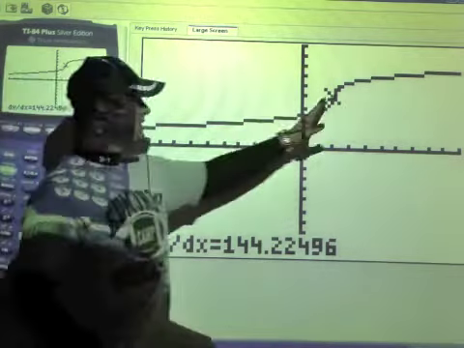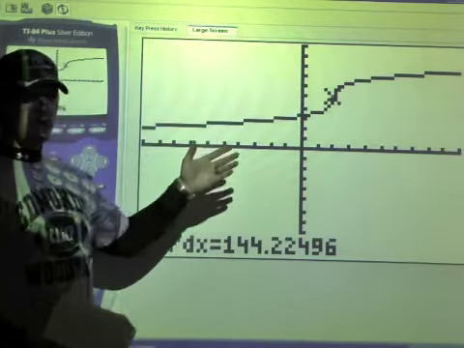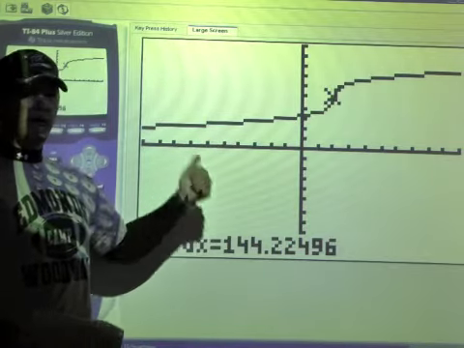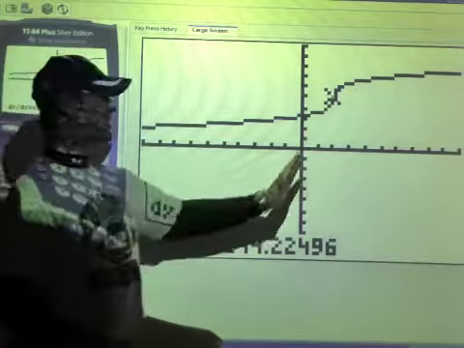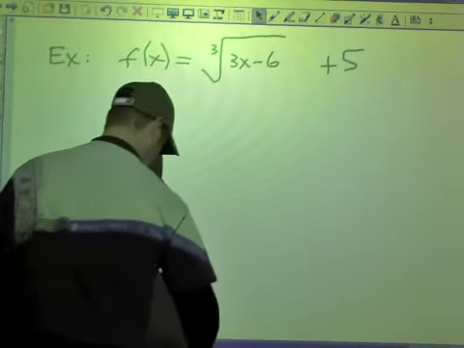But everywhere else in the graph, there's no issues. There's no discontinuities anywhere. There's no other places where you can see a corner or a cusp. So we'd say this function is differentiable everywhere except for at x equals 2. Okay, so going back to the problem, my answer for this